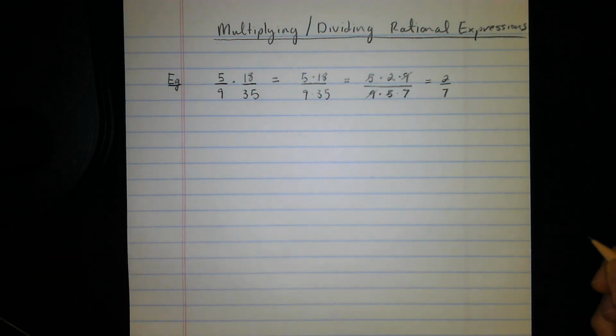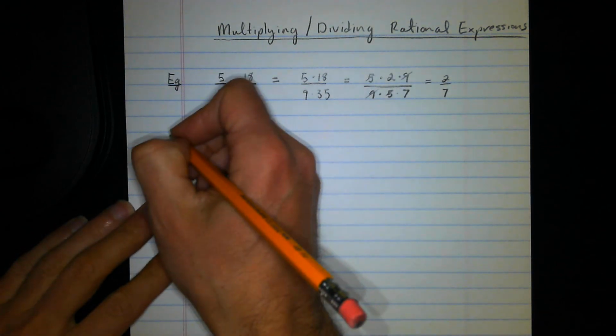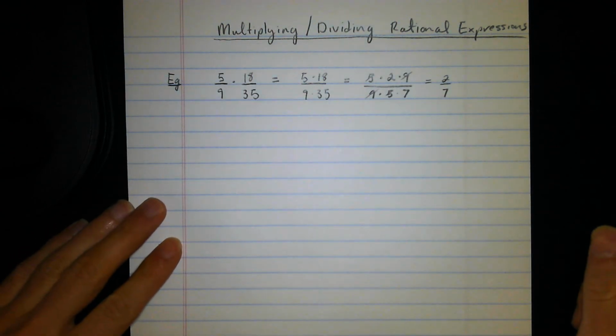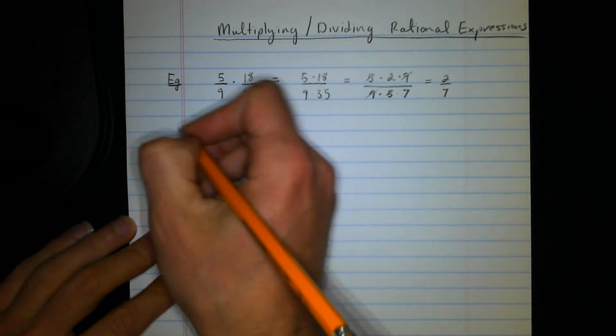Okay, so let's see what this looks like with rational expressions. I'll start with just an example here. Then I'll do an example of how to divide rational expressions. Then we'll put it all together into one big example. Okay,